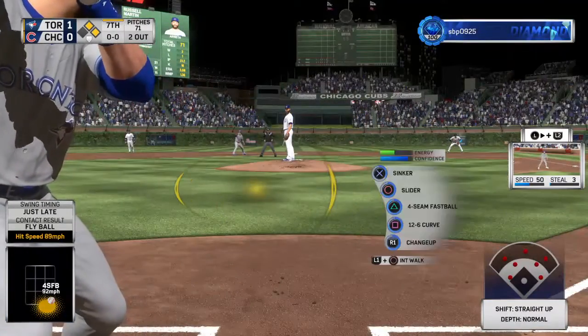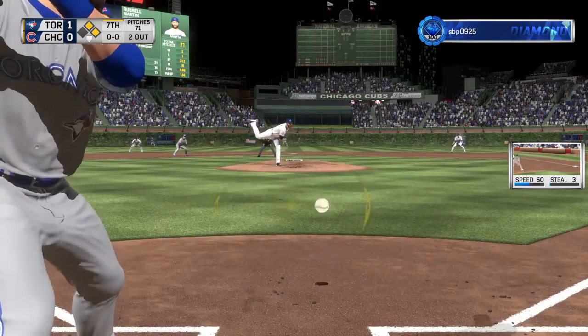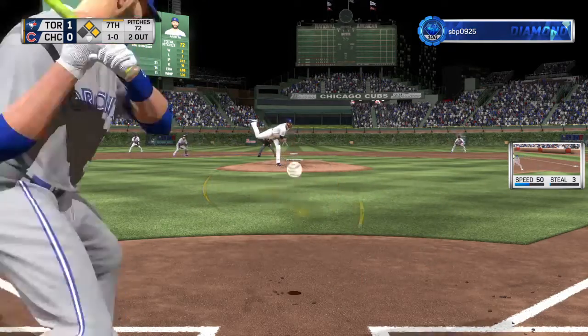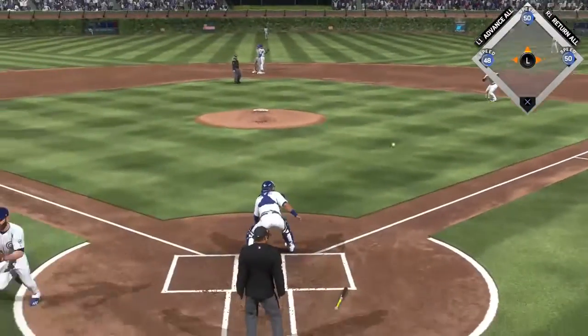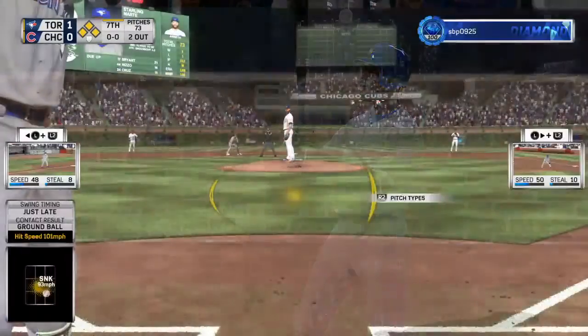Russell Martin now. He's hoping to avoid the hat trick. He struck out in each of his first 2 plate appearances so far. And he takes ball 1. Looking to keep this a 1-run game. The pitch to the right side and through, a base hit. And they'll put the brakes on that runner at third, and that means the bases are loaded now with